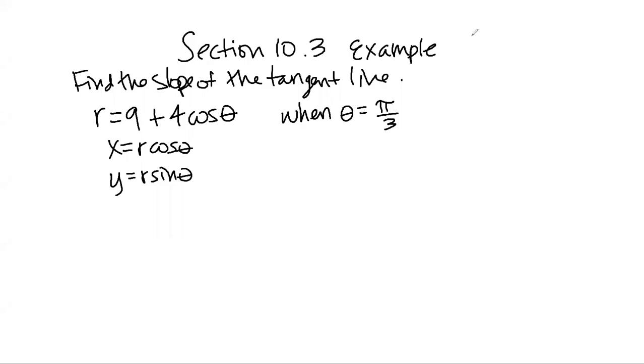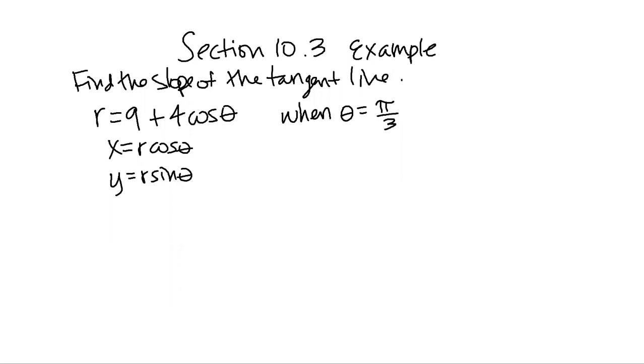All right, let's see another example from section 10.3 about polar coordinates. This example asks us to find the slope of the tangent line. Our function is r equals 9 plus 4 cosine theta, and we want to find that slope when theta equals pi over 3. So as a reminder, to start this, we need to remember that x equals r cosine theta